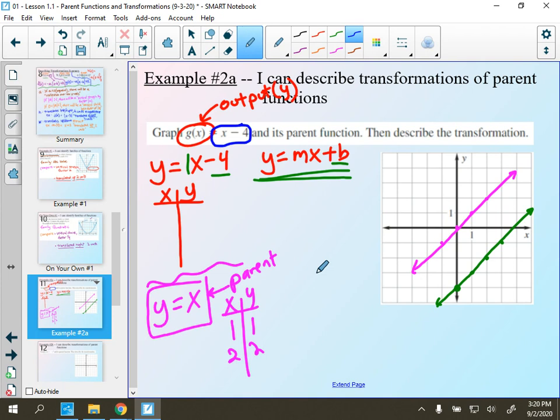I'm going to try to do this here without screwing this up, but I could take this. So what are our two options that we're kind of thinking about right now? We're thinking this is a translation. It's definitely a translation. Something's being added or subtracted. So a translation, but what are my choices? Either down 4,